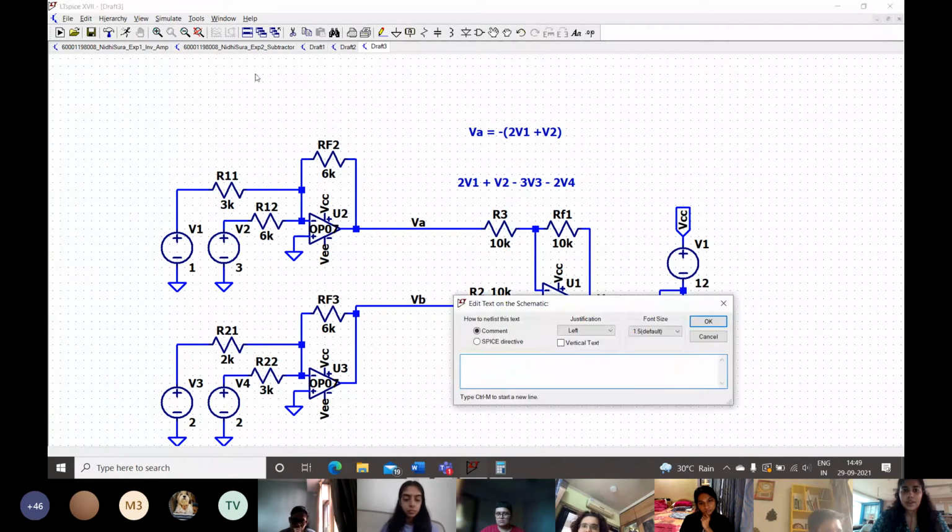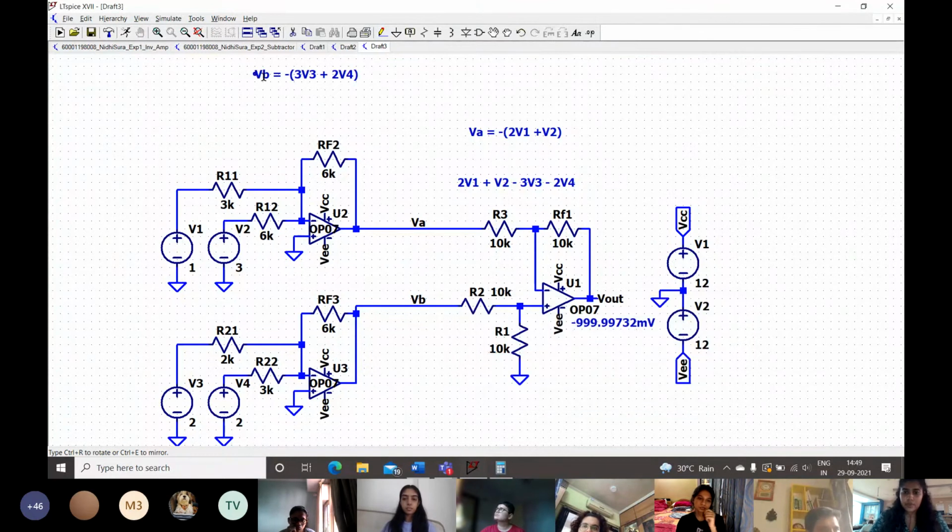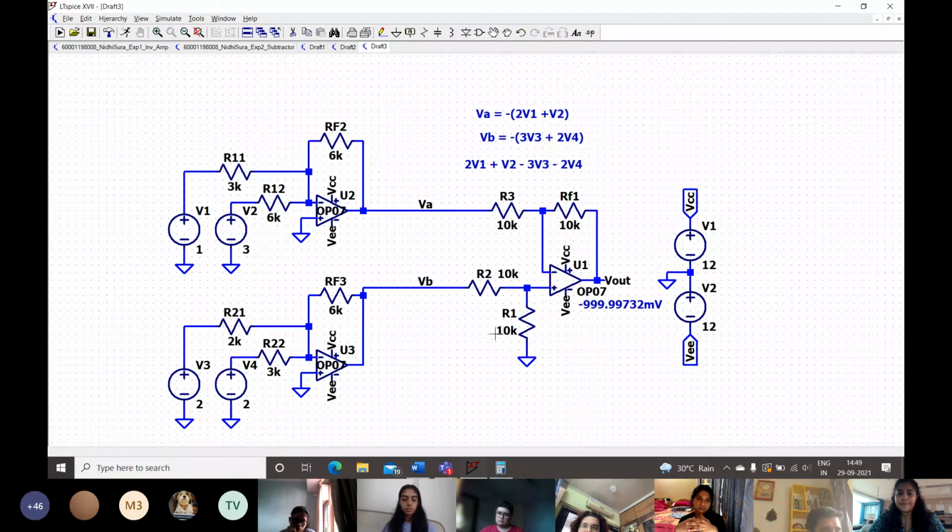And our VB equals minus of 3V3 plus 2V4. Okay, so this is exactly what our circuit is doing, it's implementing these exact equations.